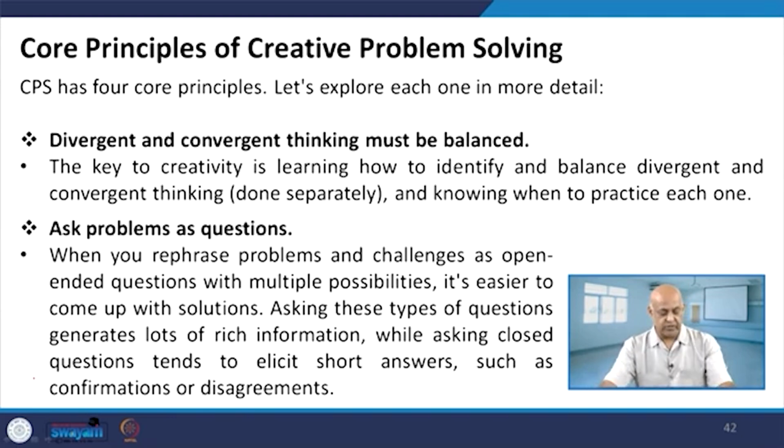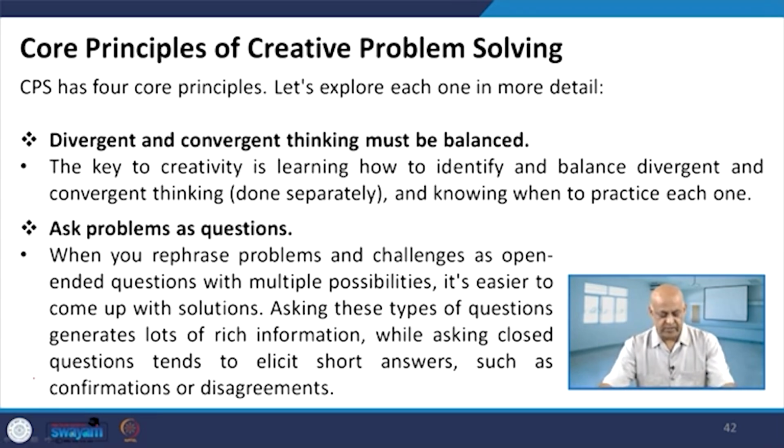So, ask problems as questions. When you rephrase problems and challenges as open ended questions with multiple possibilities, it is easier to come up with solutions. So, the brainstorming session is to be ignited this way. When you ignite the brainstorming session with an open ended question, there is no framework, there is no boundary, and as soon as you ask the open ended question, every individual, on the basis of his experience, education and knowledge, will try to give solutions. Asking open questions generates a lot of rich information,